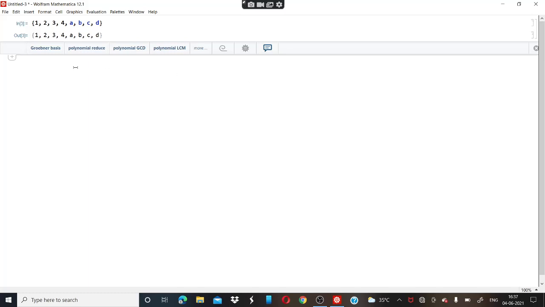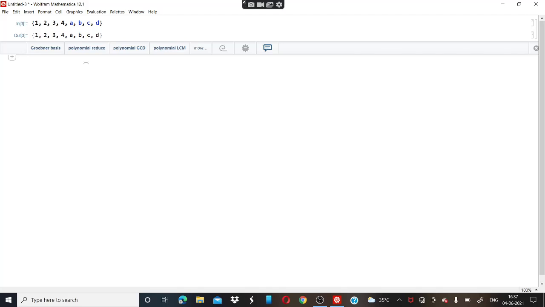In a similar way, when you see the number system, for example, we are going to take here a, b, c, d and 1, 2, 3, 4. So here what we are going to do is 1, comma, 2, comma, 3, comma, 4, comma, a, comma, b, comma, c, and comma, d. Then we will close this bracket. Shift and Enter will give you the output as in the example of books: the first book is kept in the first place, the second book in the second place, the third book in the third place. In a similar way, it gives the output.